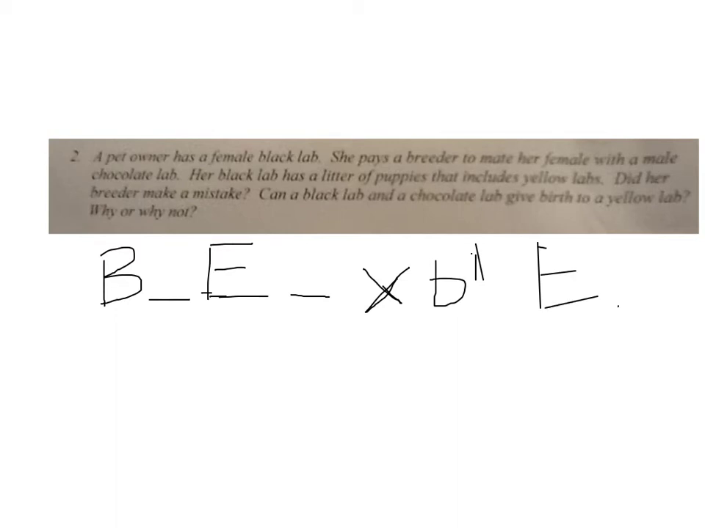And that really helps with the answer to this question, because again it says, can a black lab and a chocolate lab give birth to a yellow lab? Well, the answer to that is yes. If, for example, this original black lab was a carrier for that epistatic yellow lab gene, and if the chocolate lab was also a carrier for that epistatic yellow gene, and if, no matter what, because we can see right away, we know that